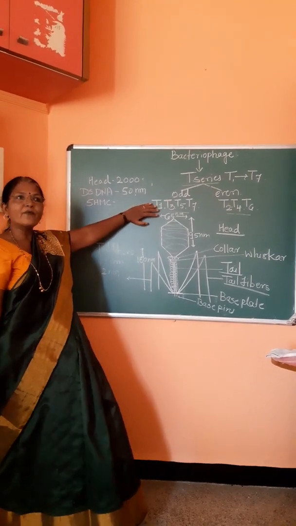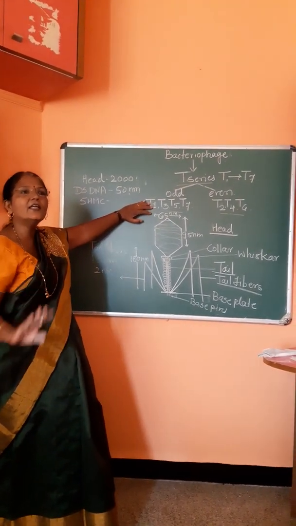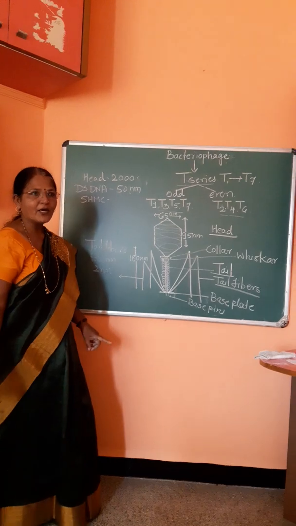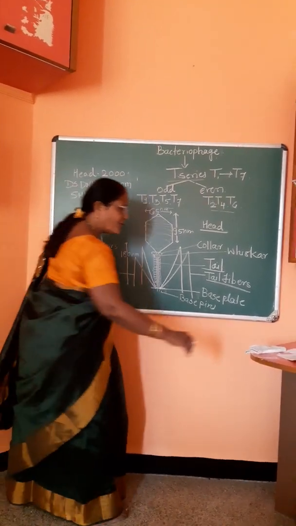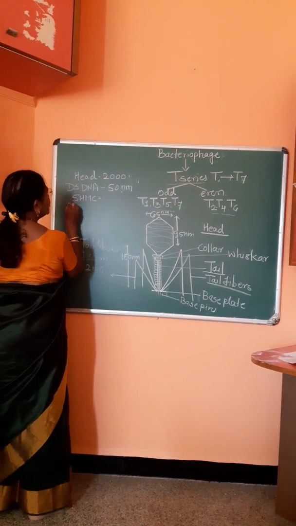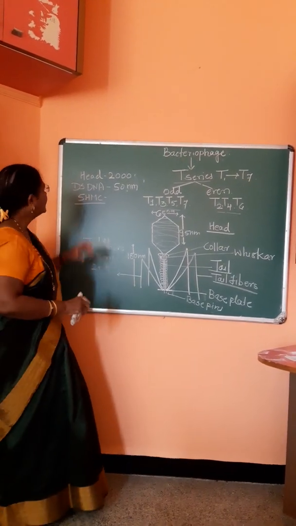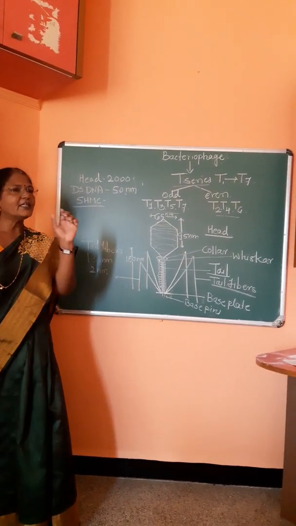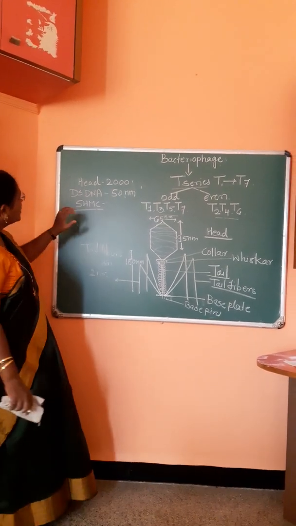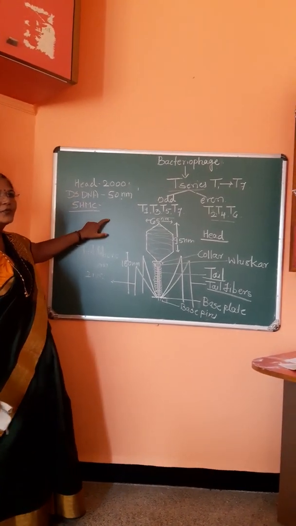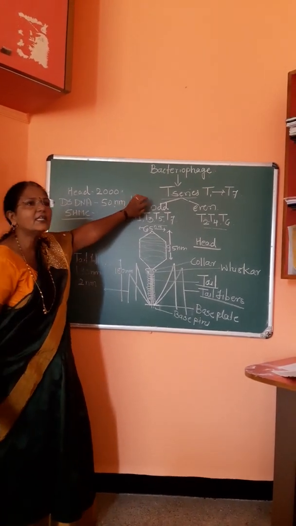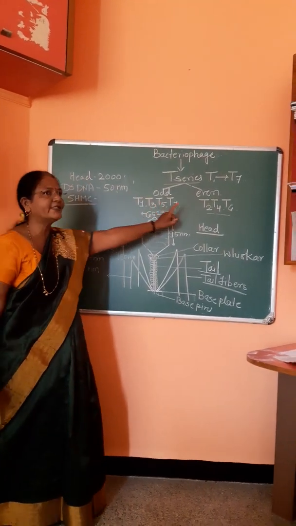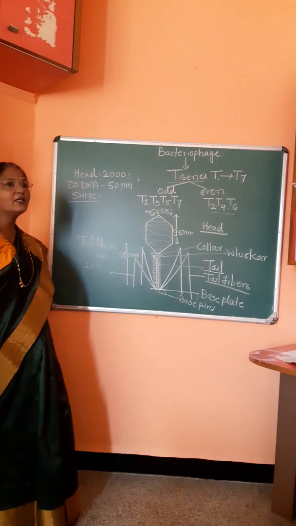These T odd phages also possess a double-stranded DNA molecule. Now, T even phages possess, at the 5' end, one specific or unique base, that is hydroxymethyl cytosine. Such a unique base or nucleotide is not present in the genetic material of odd bacteriophages, but is only present in even bacteriophages. This is again a very important thing.